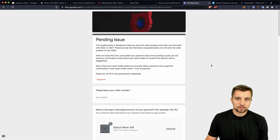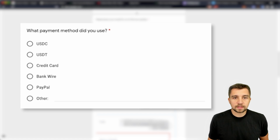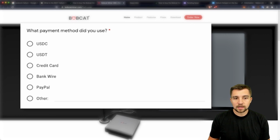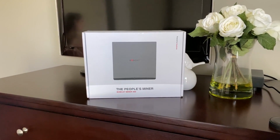You just put your inquiry in and they'll get it figured out. They are actively exploring and trying to add other checkout methods to buy the Bobcat Miner 300, but the fact of the matter is that it's just very difficult right now, and they haven't been able to find another better option, unfortunately. One critical thing to note about the Bobcat 300 is the fact that it has a 4 dBi